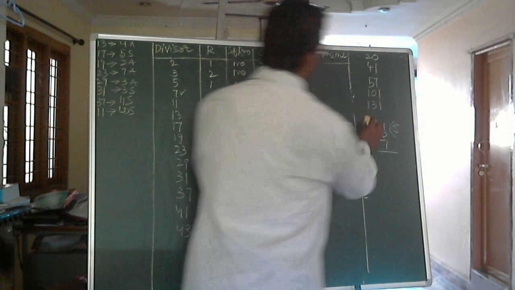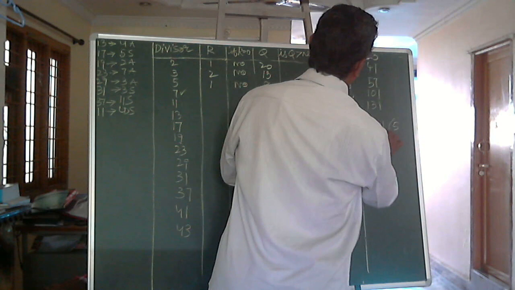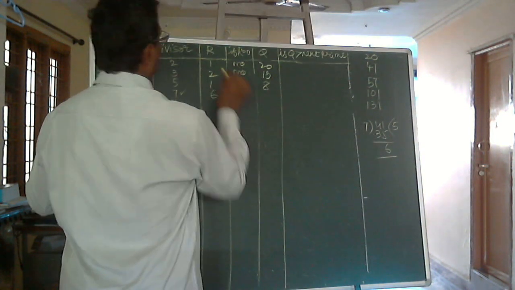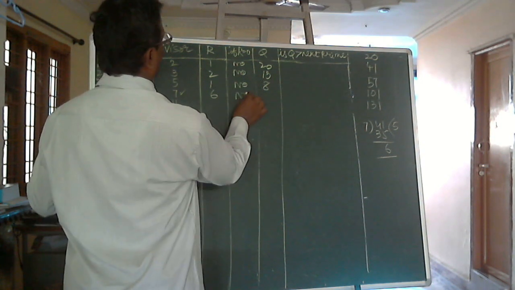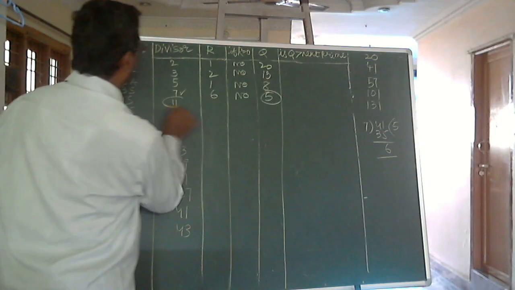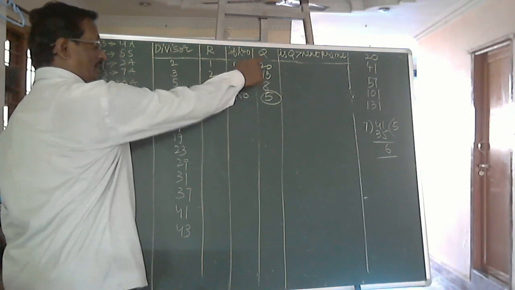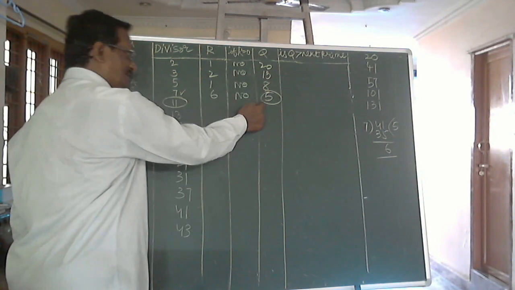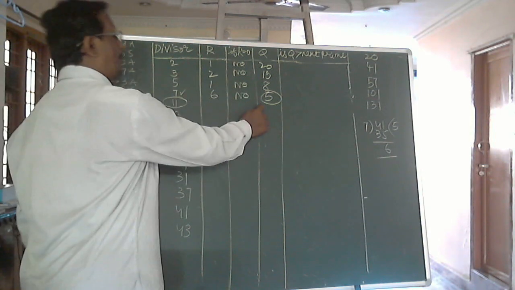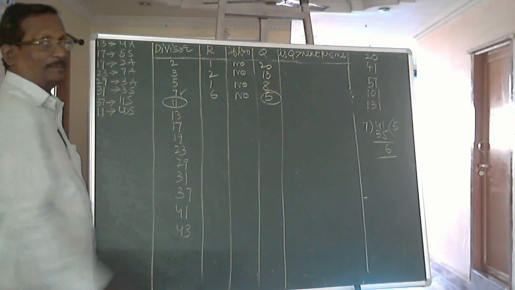On dividing by 7, 41 divided by 7, 5 sevens are 35, 41 minus 35 is 6. Here we are getting the remainder equal to 6, which is not equal to 0, and the quotient is 5. This 5 we will compare with the next prime number 11. In the beginning the quotient is bigger, and it is slowly decreasing as we are increasing the divisor, the prime number. We have reached a place where the quotient is smaller than the next prime number.